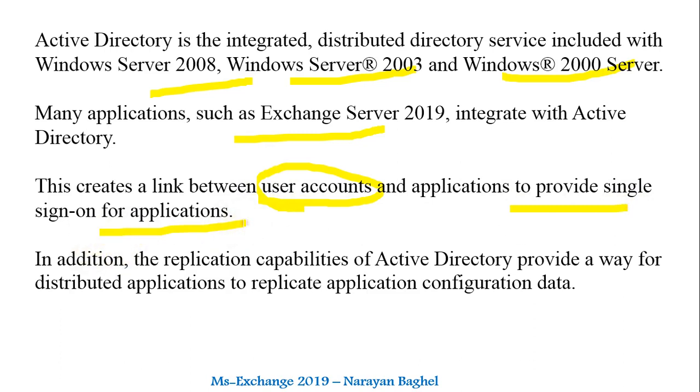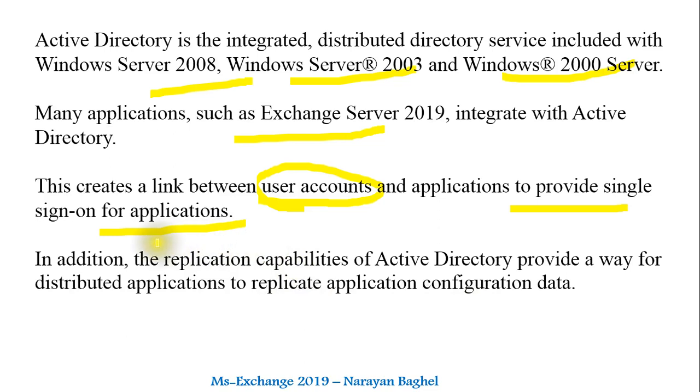Single sign-on means you can access multiple applications with a single username and password. In addition, the replication capability of Active Directory provides a way for distributed applications to replicate application configuration data.